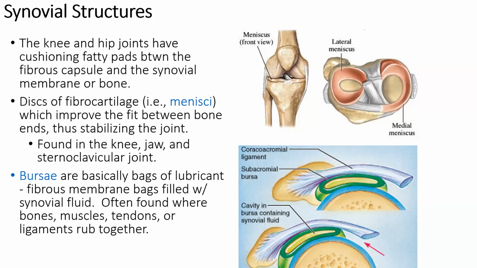And it isn't just in the knee; we have it in our jaw. And we have it where the sternum and the clavicle come together. So right there at that clavicular joint on the manubrium, we're going to have a meniscus too. Now, something else we have, which is very common, are bursa sacs. A bursa sac is